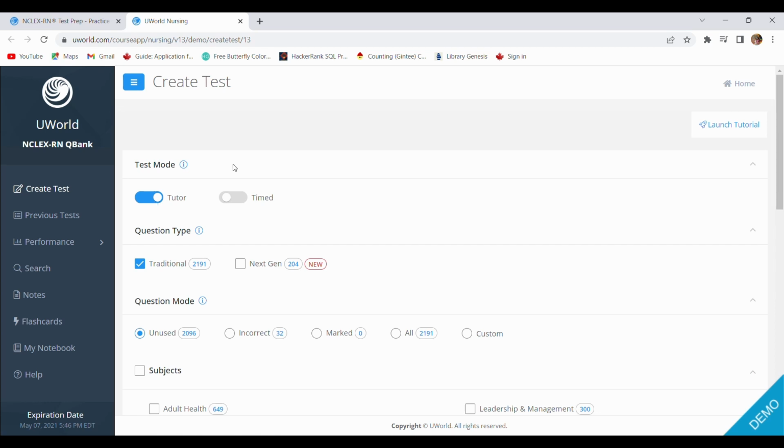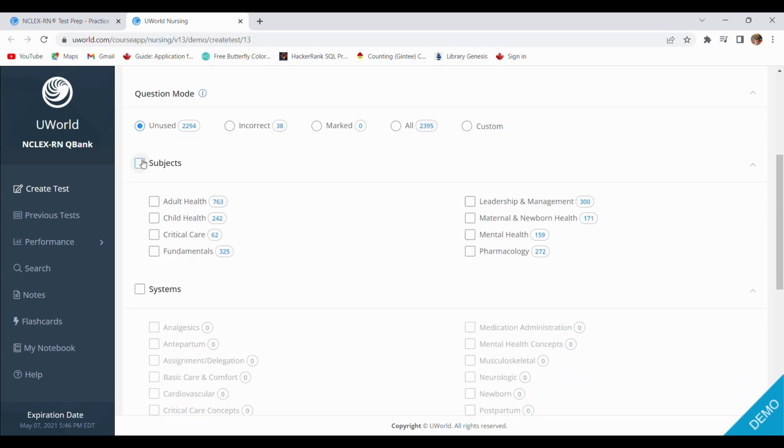In this, when you answer a question and submit, you will see which options you did right and wrong. And if we click here timed, you will be able to see a clock and how much time you're taking. By default, the traditional, meaning the old generation questions, are selected. So here are a few new next generation. We will also select this option,